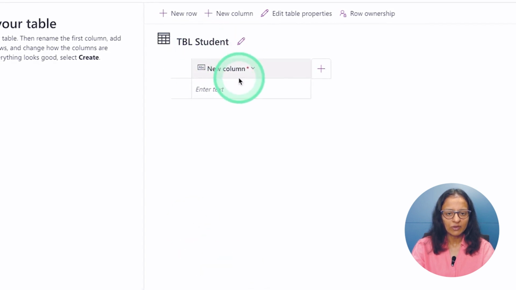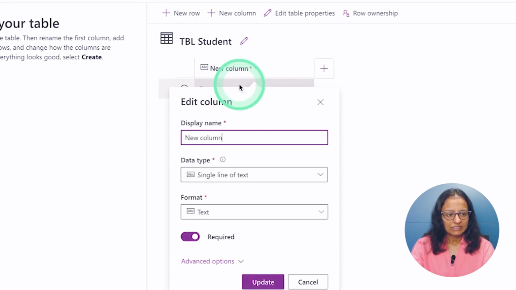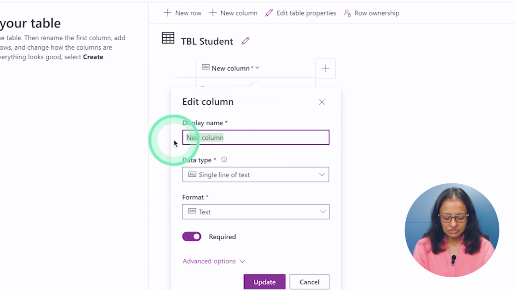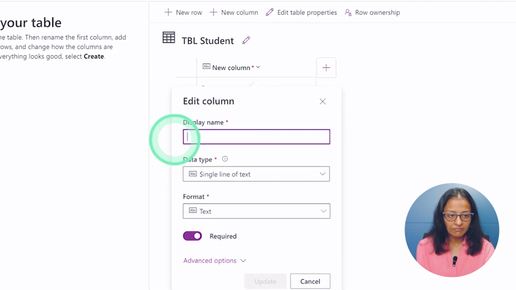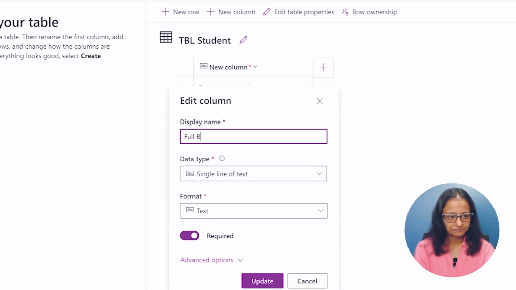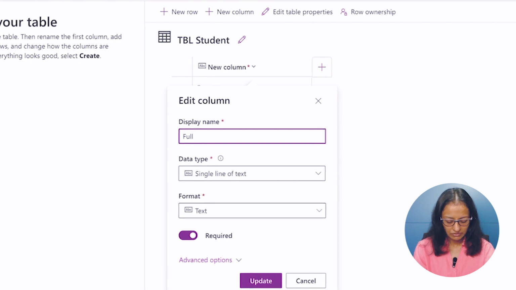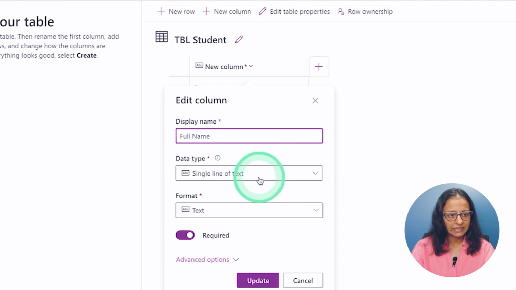Then by default one column will be there. So I need to rename the column, that is edit column, and here I am storing the full name of a student, email ID of the students, contact number of the students. First of all I am storing the full name. So give the column name as full name. Then make its data type single line text.